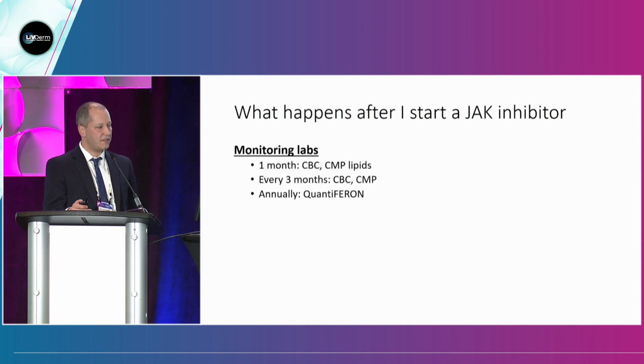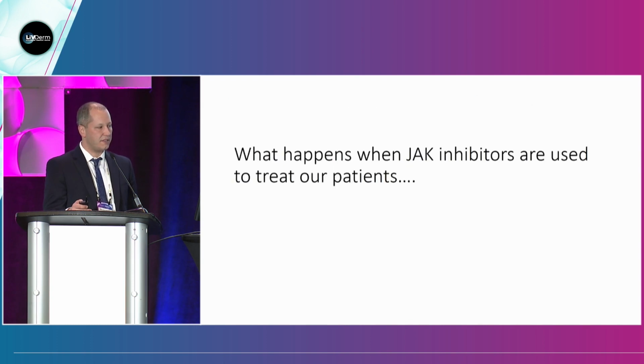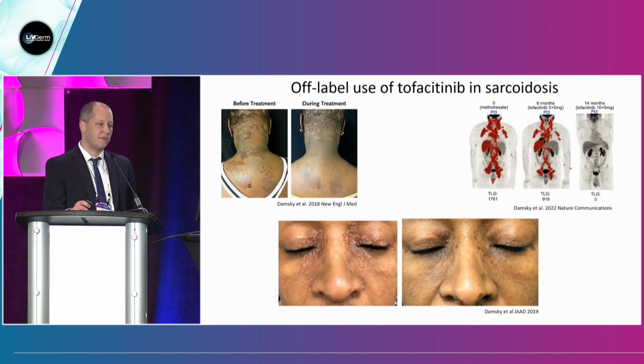I'm going to skip through these last couple slides just in the interest of time. My main research interest is in the application of JAK inhibitors and other targeted therapies, not to atopic dermatitis or psoriasis or other diseases for that matter, which are common, but to rarer skin disorders. And so in particular, I study granulomatous diseases, and we've had a tremendous amount of luck using off-label treatment of tofacitinib to treat patients with sarcoidosis.